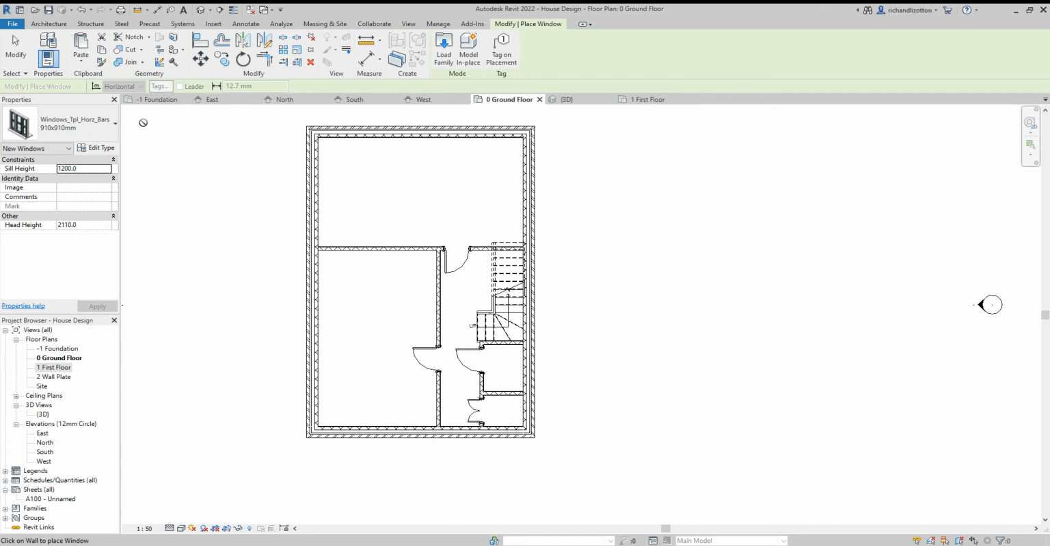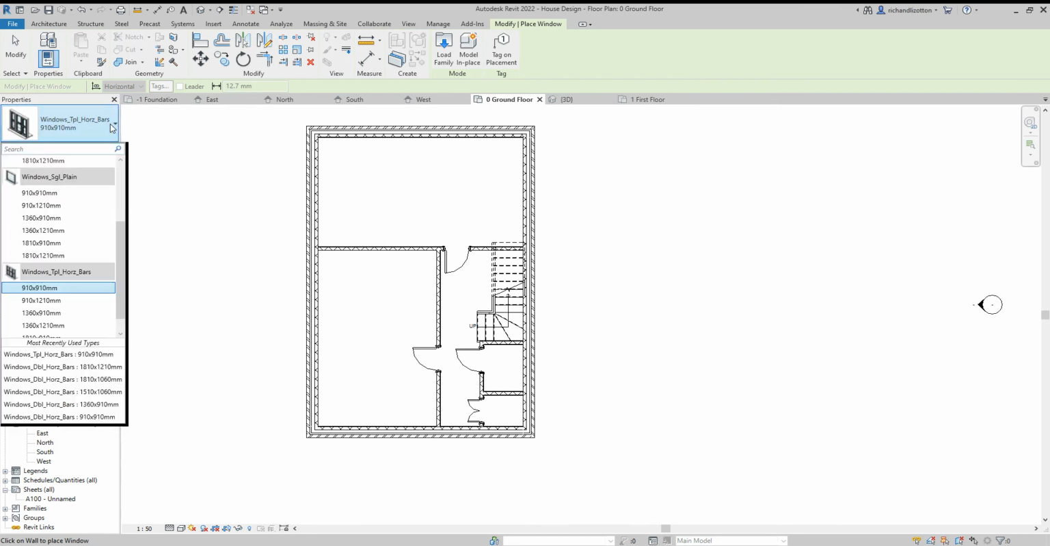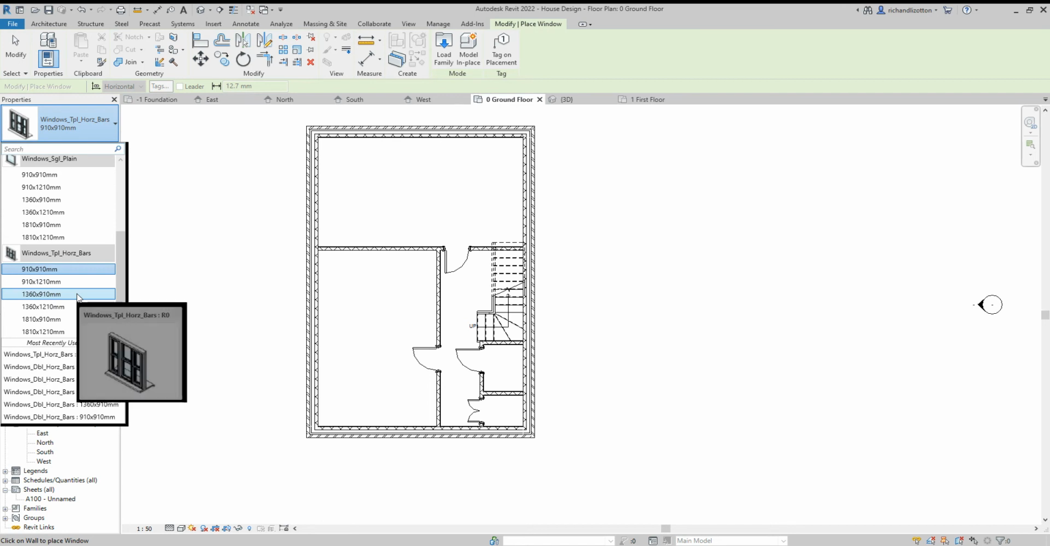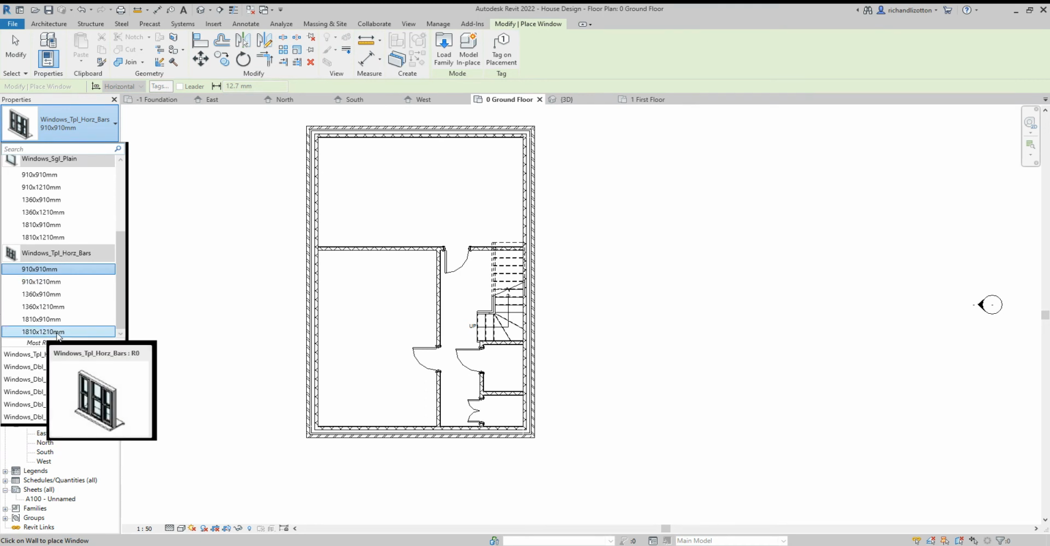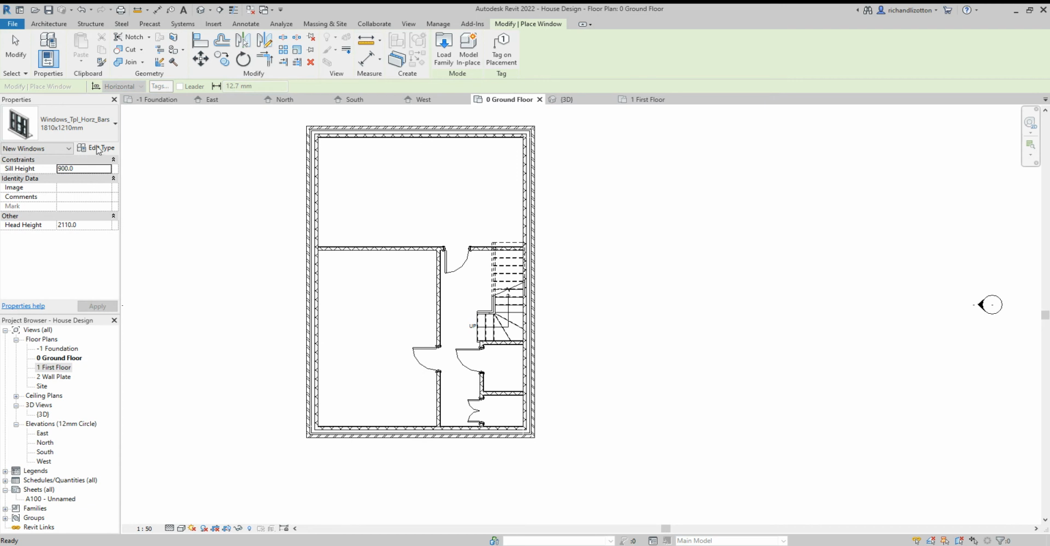Now it will put that family of windows into our type selector in the properties box. And if we have a little look, we can see there are a selection of sizes loaded in. Now, there are not the sizes that I actually want, because you'll see the depths here are 910 and 1210. I actually want a 1060 depth. So I'm going to create my own window. Now, I'm going to pick one at the width that I want. So I will select that one